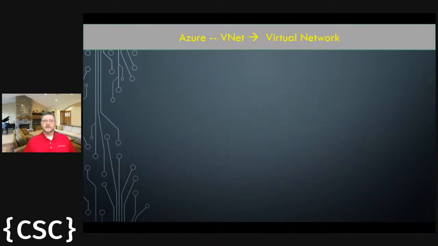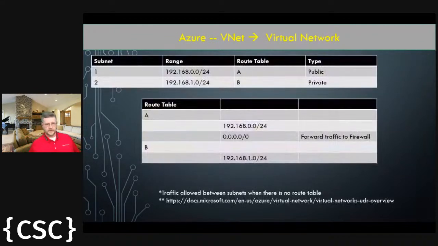Switching gears. Now, let's talk about Azure Virtual Networks. And so we've picked out a virtual network where we sized it to what we need, and we've got two different subnets. Now, with subnets, you can assign them to route tables, and a route table is a list of rules that controls the network traffic.